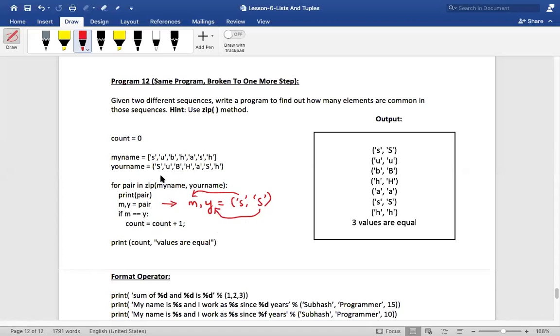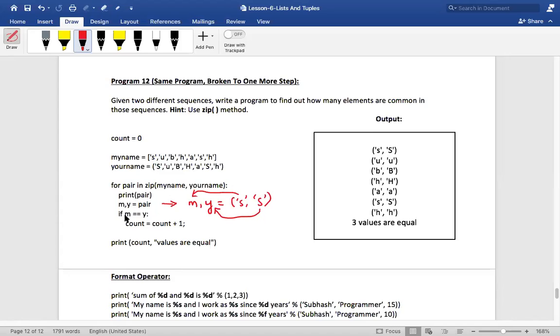These two got zipped into the pair, and I put the small s into m and big S into y, and I'm now comparing whether m is equal to y. Is m equal to y? No, sir. Small s and big S are not the same. If both are the same, then I have to find out how many same pairs, common elements, there are. Because both are not the same, m equal to y becomes false. Praveen, you understood or simply saying yes? The problem is all about finding how many common elements there are in both the sequences. But here in this case, are these both elements the same?